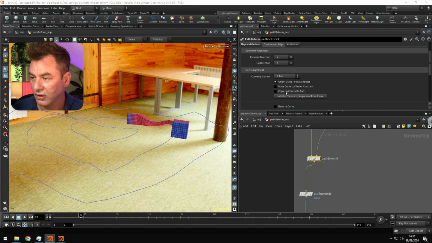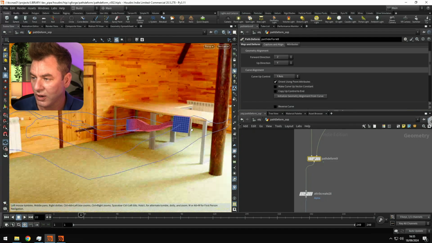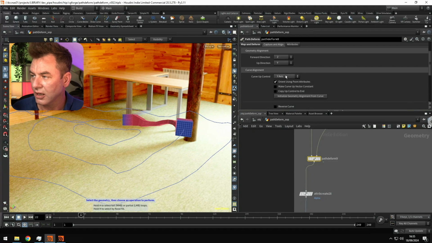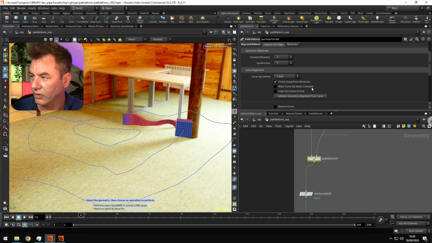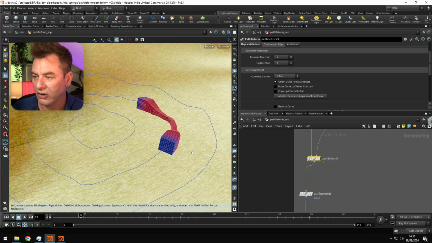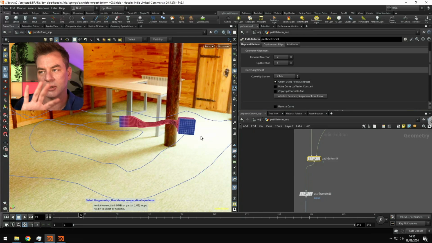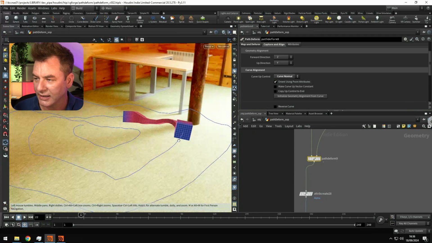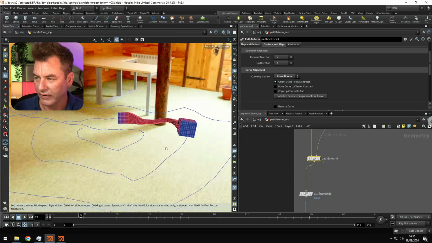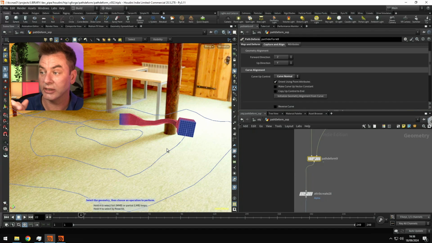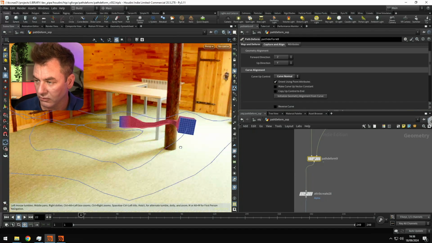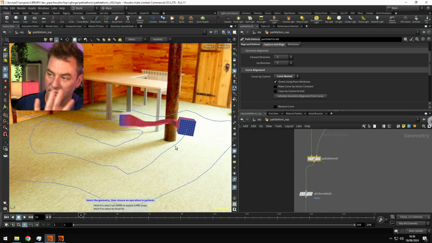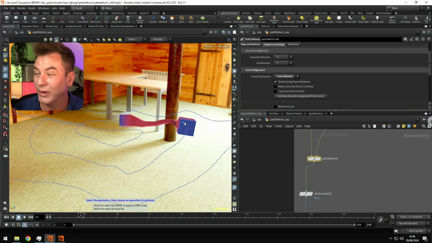So if we have the y-axis up, the curve's y-axis, then we are still having our object follow along, but we lose some of the banking feeling